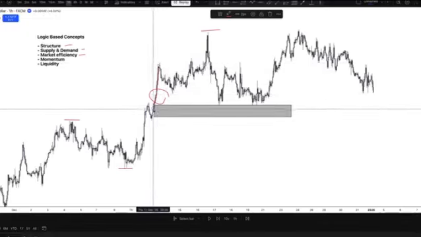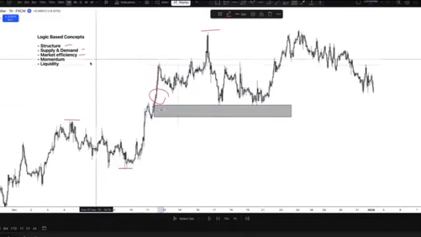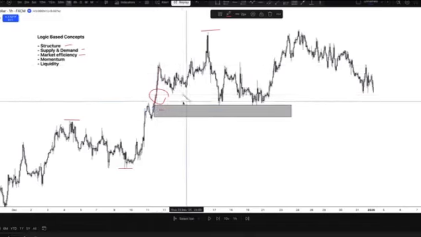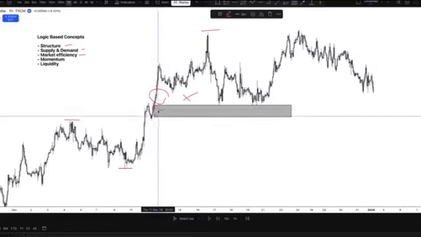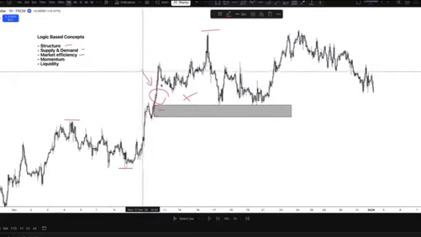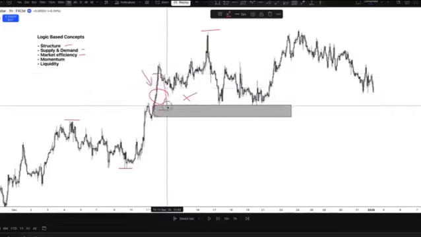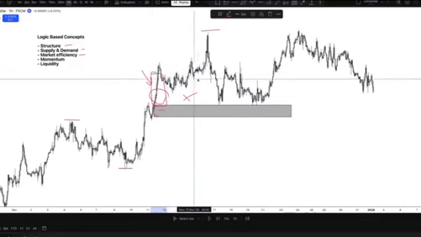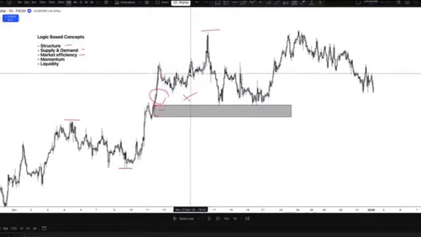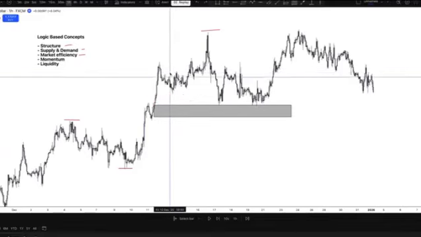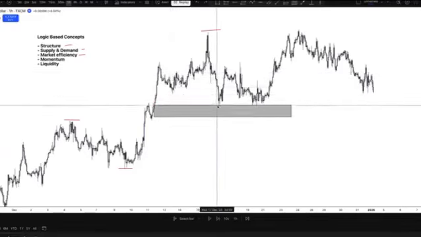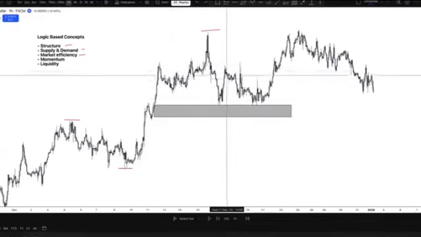So when we saw this rally from this area of demand that I marked, this concept basically tells us we will not buy the market anywhere above this demand. We must wait for the imbalance or inefficiency, which by the way is this price area here, to be filled before we can execute any trades. Then when it comes to momentum, we simply look at the strength and size and speed of the candles on their own and also